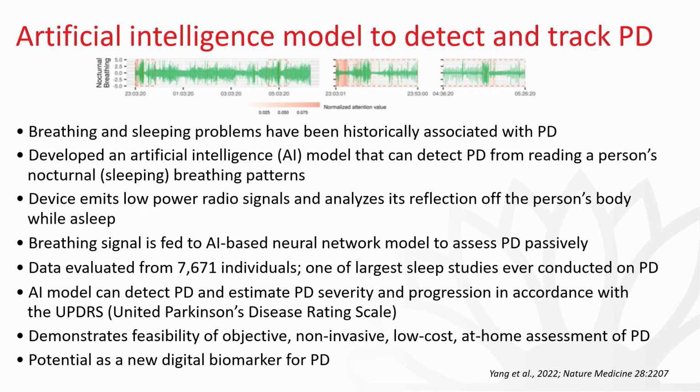But one of the key advantages here is that this signal is fed to this AI-based network to assess Parkinson's passively, right? So you're passive. You're at home. You're in your bed. It's all passive. And what they did here is they analyzed data from over 7,000 individuals. Most of those were controls, by the way, and one of the largest sleep studies ever conducted on PD. And the key here is that they found that this AI model can detect Parkinson's with very robust reliability and estimate both the severity and the progression in accordance with the